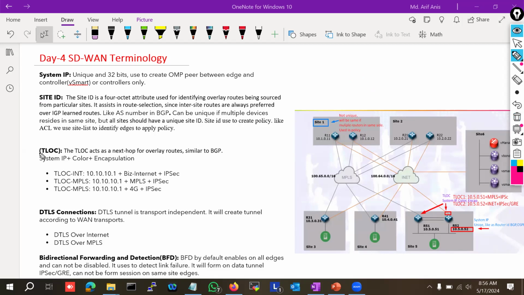Another important term is TLOC, right? TLOC is an abbreviation for transport locator. So in traditional networks, we see here this is the MPLS circuit, right? The provider link, and we call it the MPLS link, right? But here is the internet link. We call it the internet link, but in SD-WAN, this link is called a transport, right? So this is the transport, and in SD-WAN, we want to know which routers